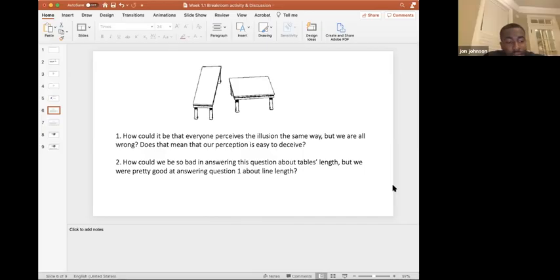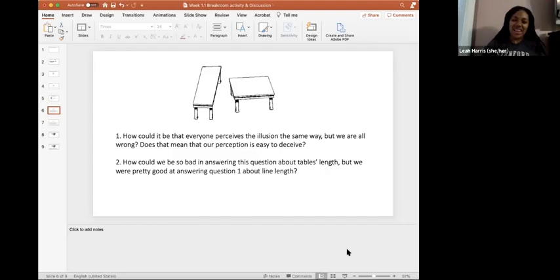Yes. I think also, go ahead. Oh, sorry. Okay. I was just going to say, I wanted to pick the answer that they're the same length, but I also wanted to pick that because I recognize this as an illusion and not because they look the same length. And I agree that for me initially the table on the left going longwise, facing front to back as opposed to side, just made it seem longer.